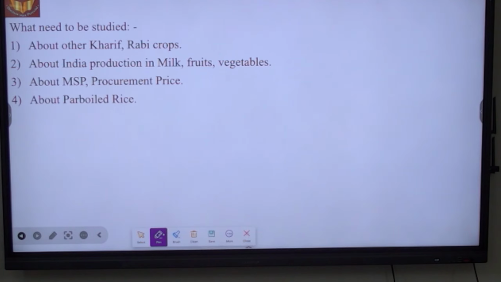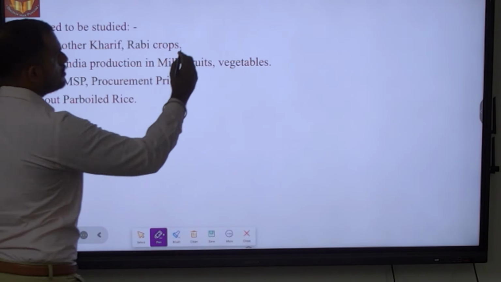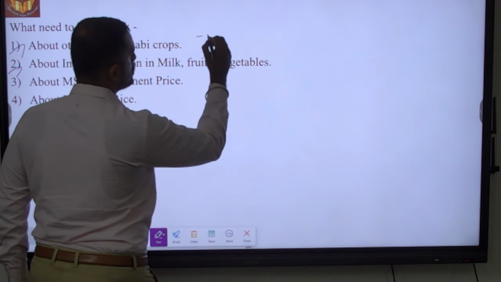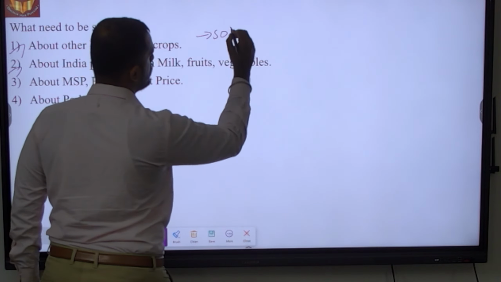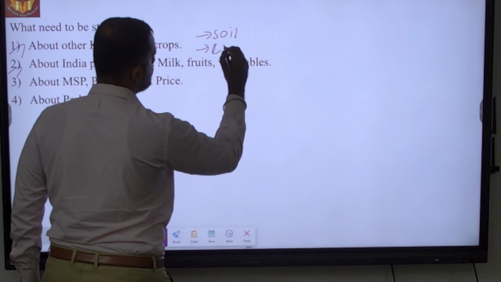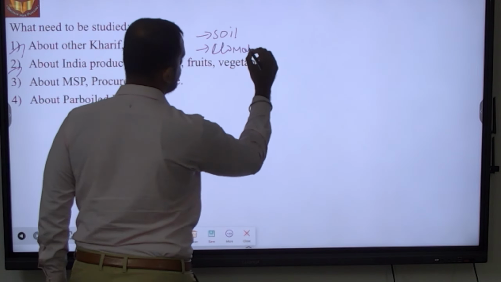What we need to study further is, since we have studied rice, which is a kharif crop, we also should know what the other major kharif crops produced in India are, as well as the rabi crops, especially wheat. Whenever I say you should know a particular crop, it means we should know not only the name of the crop but also the soil condition required, and the climate as well as weather pattern required